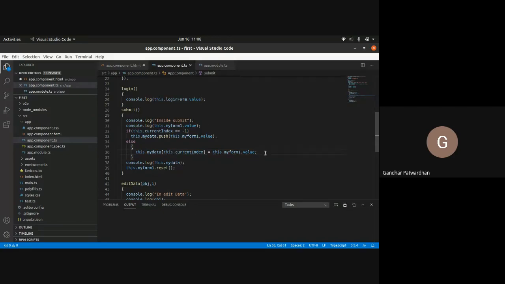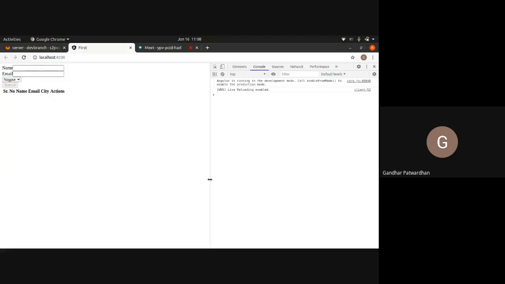And as soon as this is updated, I would say this.currentIndex equals -1. So I just reset my current index. Now this is not a very good or proper way of doing it, but for understanding purposes, this should be fine. Now let's check that out.